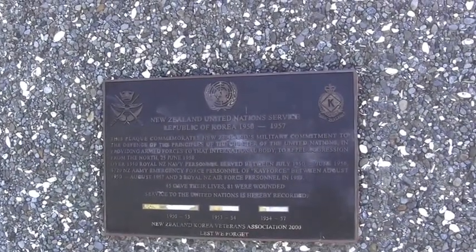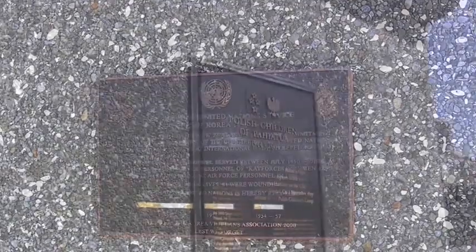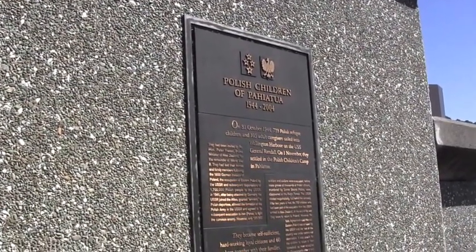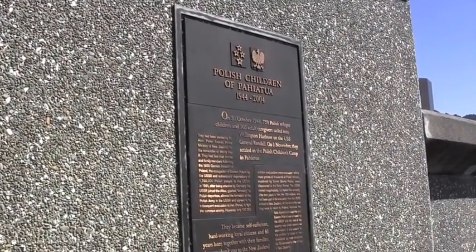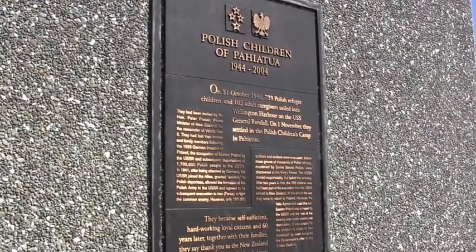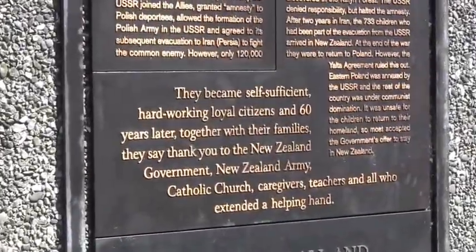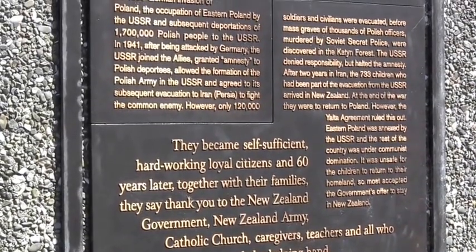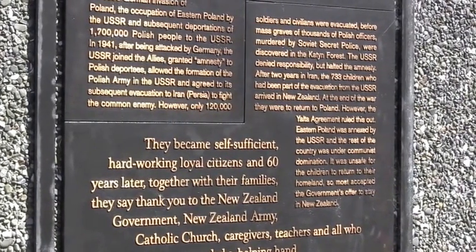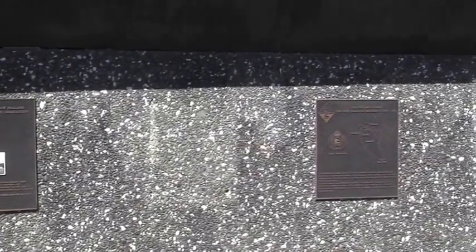Put here in honor of the New Zealand United Nations service in Korea, 1950 to 1957. Interesting story. This is put here by Polish children who had been refugees in 1944, and their adult caregivers. 733 children and 105 caregivers came here. The Prime Minister in New Zealand invited them because they'd lost their homes and family members after the 1939 German invasion of Poland. So those Polish immigrants became self-sufficient, hard-working, loyal citizens, and 60 years later they and their families say thank you to the New Zealand government, the New Zealand Army, the Catholic Church, caregivers, teachers, and all who extended a helping hand. How nice. This is a bench, and behind it is